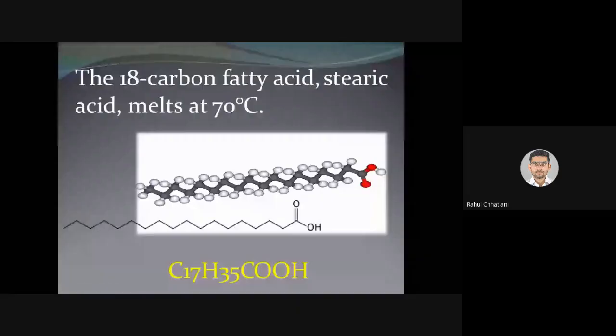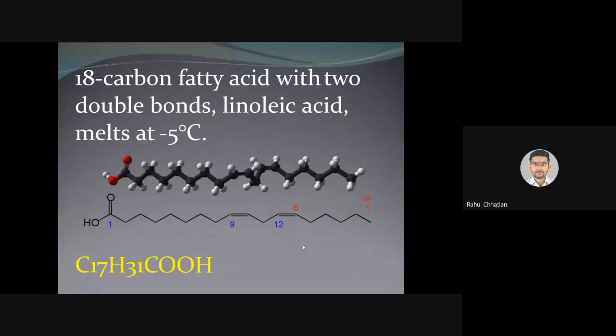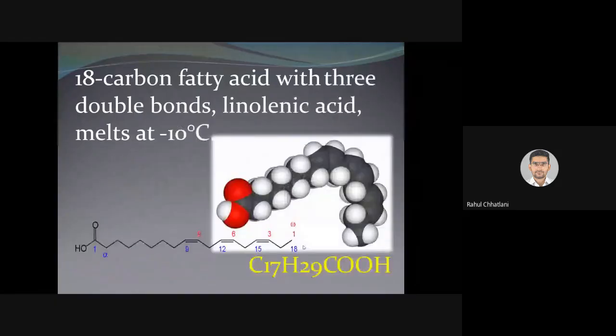the 18-carbon fatty acid, stearic acid, which has a melting point of 70 degrees because it does not have any double bond. Then we saw a compound with one double bond, oleic acid, with a melting point of 13 degrees Celsius. Two double bonds, linoleic acid, has a melting point of -5 degrees Celsius, and three double bonds, linolenic acid, has a melting point of -10 degrees Celsius. So with more double bonds there is a decrease in the melting point of such